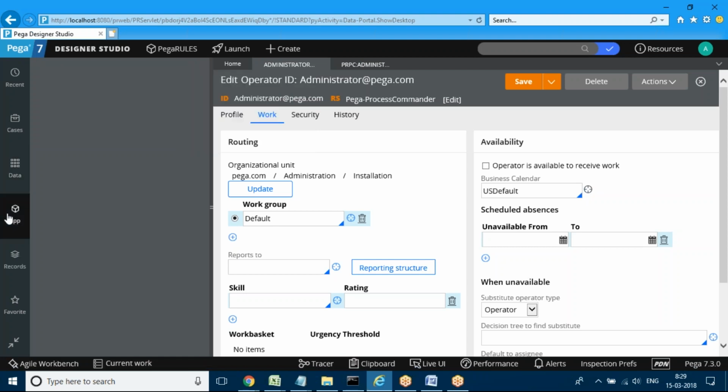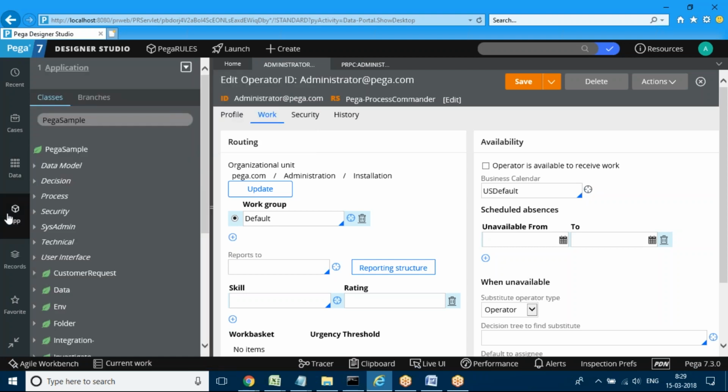Then the most important thing in the application design is App Explorer. More than 90% of the design will be done from App Explorer, because all the templates, the Pega rules I told you about, are available under App Explorer only. How to use them, we'll learn in every class. We'll be using some rules one by one after the application setup is completed tomorrow. How to create these rules and how to use them, we'll be learning in every class.